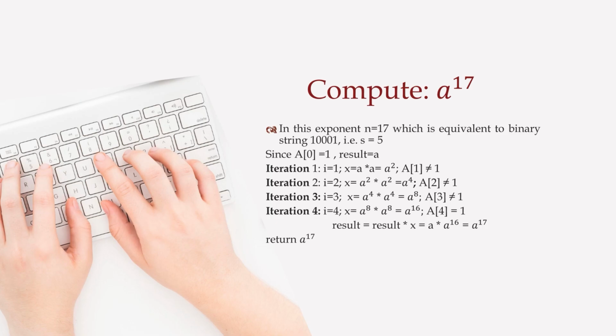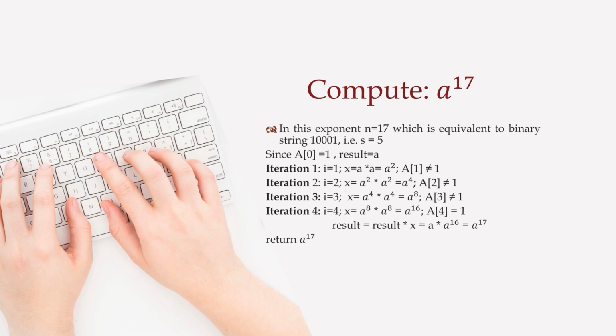Again update the value of i, that is i equal to 3, and x equal to a to the power 4 into a to the power 4, that is a to the power 8. Again you have to check the value of a3, and a3 is not equal to 1, because a3 is 0. So again you have to update the value of i, that is i equal to 4, and x equal to x into x, that is a to the power 8 into a to the power 8,